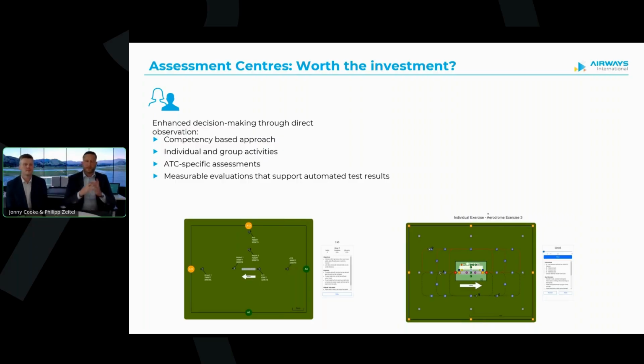So we talked a lot about keeping the process admin light, resource light, flexible, responsive, and this is all true. However, there's one aspect of the process where we probably go in the opposite direction. Our assessment centers are very intense, for lack of a better word. Once we identify these high potential candidates, we try to really get to know them throughout our assessment center.